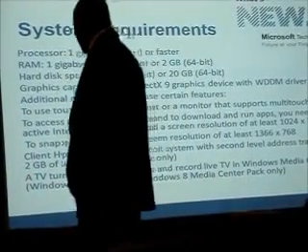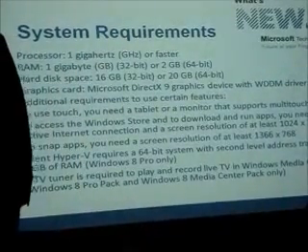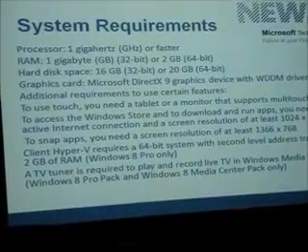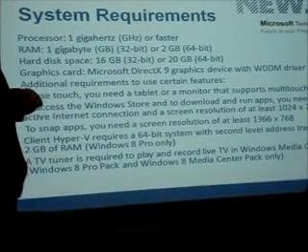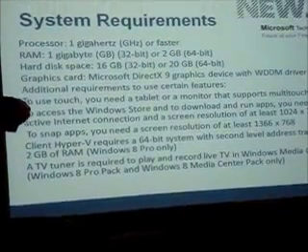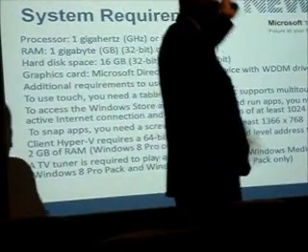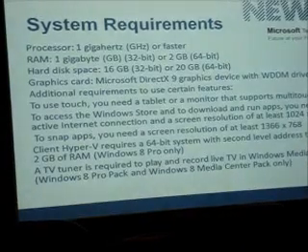But there are some additional requirements to use certain features of Windows 8. For example, if you want a touch feature, that monitor or device must support multi-touch. You also have the snap feature. Anybody use the snap windows in Windows 7? You drag the window, it's snapped over, you drag another one, snapped over, you can work between 2 different programs